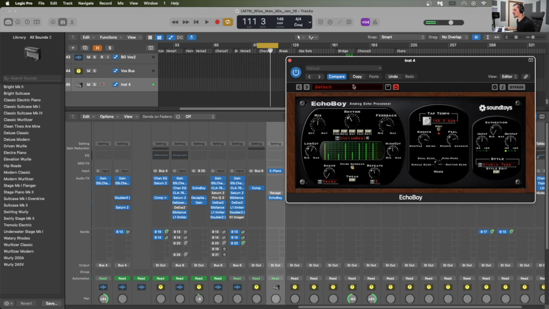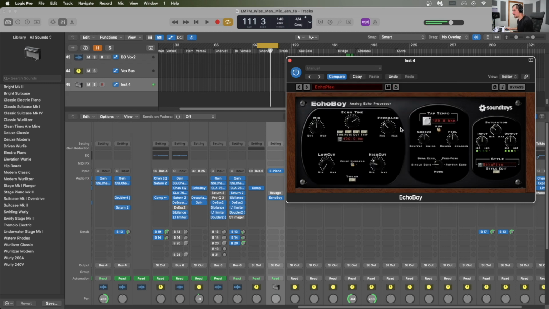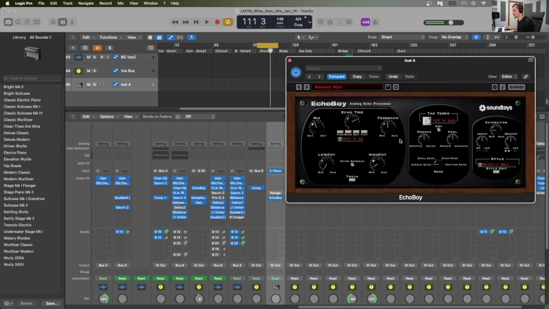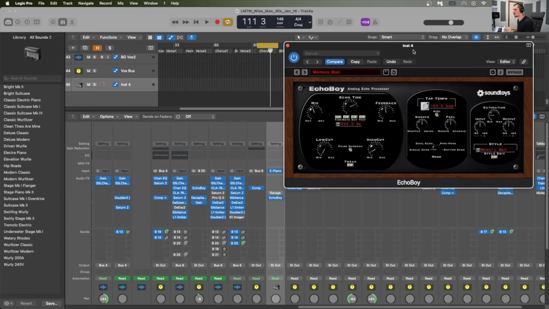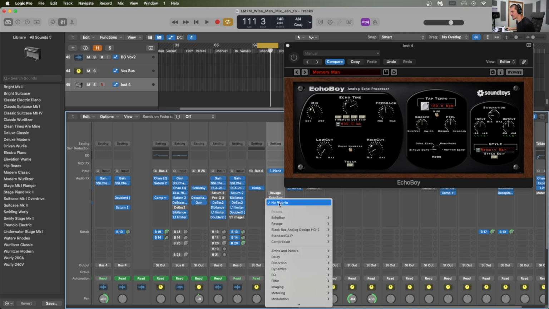There's a whole lot we can do. Of course, we can go to the classics again and choose something like the Echoplex, for example. Another classic like the Memory Man. And speaking of the Memory Man, if I don't want to go through the EchoBoy and I want something a little bit closer to the classics, because the EchoBoy is sort of an all-purpose delay, I can actually go in